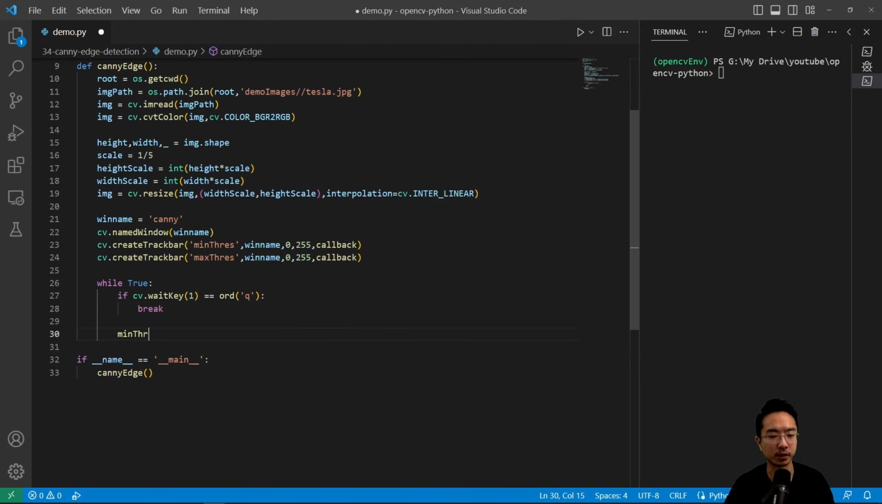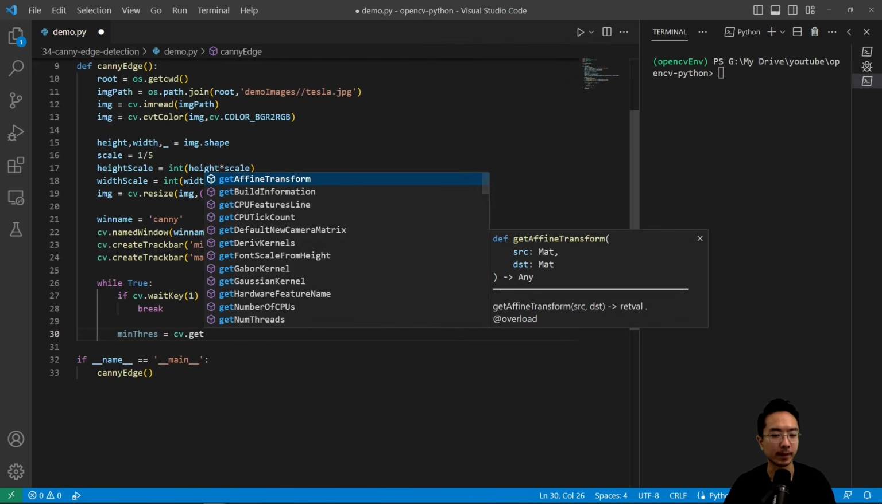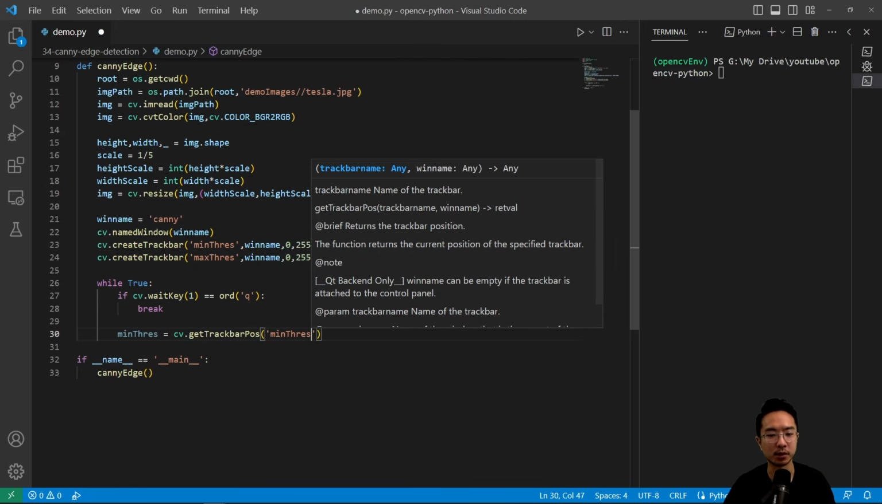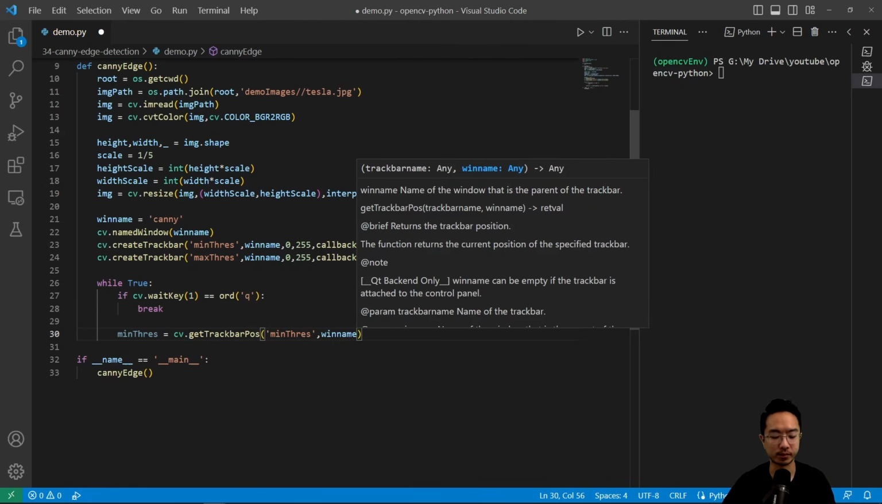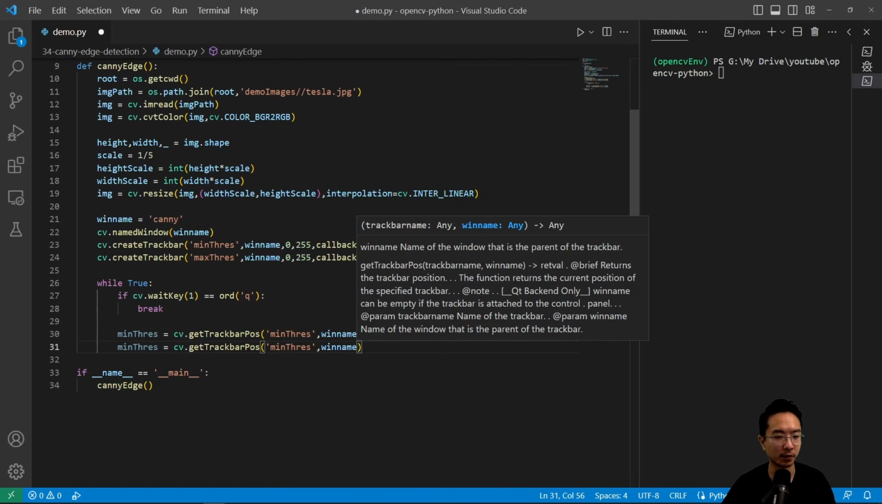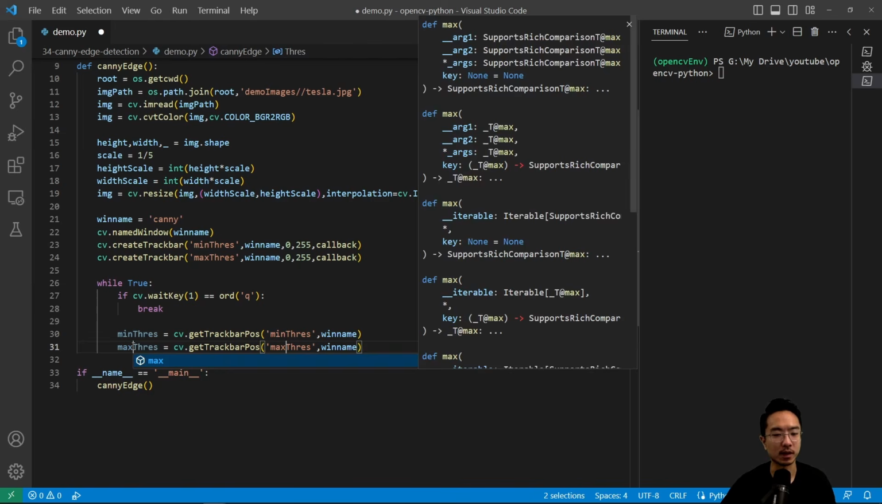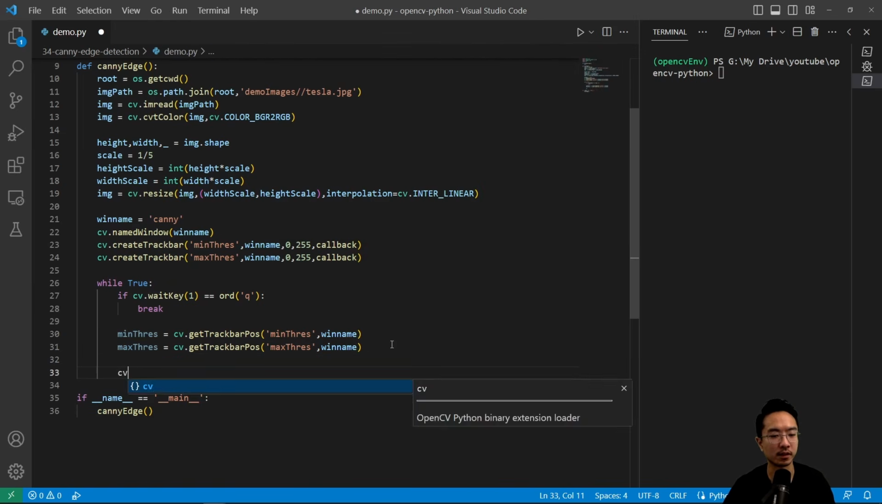Otherwise, we will extract our min threshold value using cv.getTrackbarPos, and the name is going to be min thresh. And we'll pass in our window name. Then we'll repeat the same thing for our max. So here, we're going to just change this to max. So we have our two track bars we're getting positions of, and then we'll update our